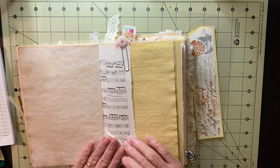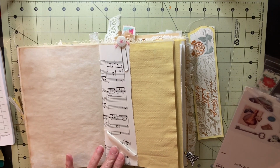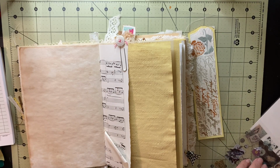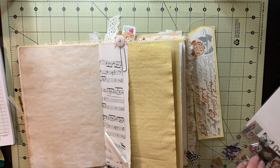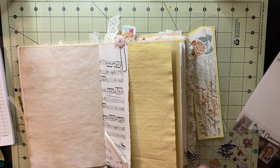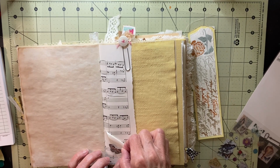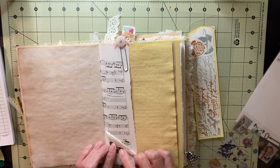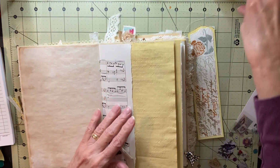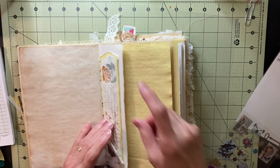And see if I have another sticker on here I'd like to put on there. I think this butterfly would be cute there. I'm getting loose. There we go. I'm going to just kind of put him across both papers there. Like that. And I'm going to take that clip off and put this here. Like